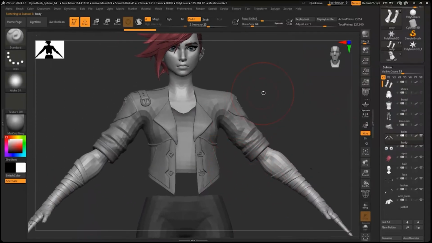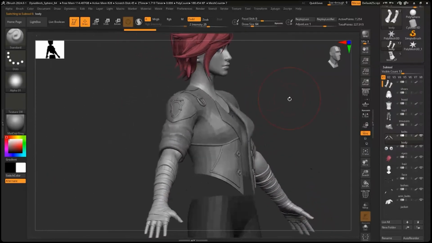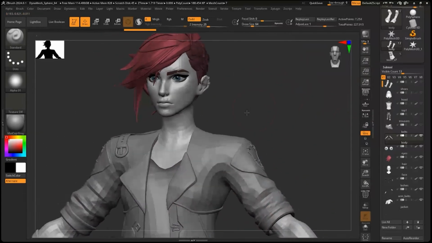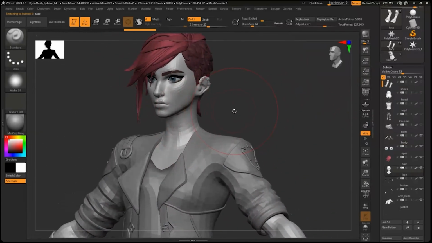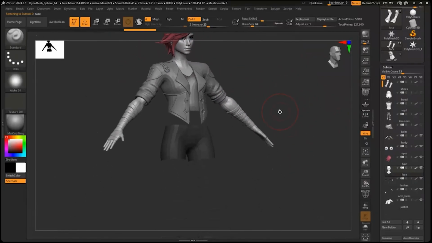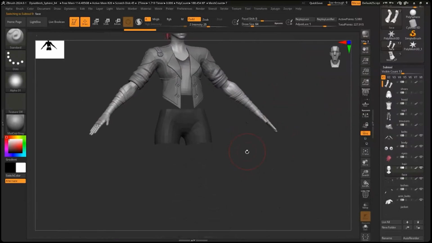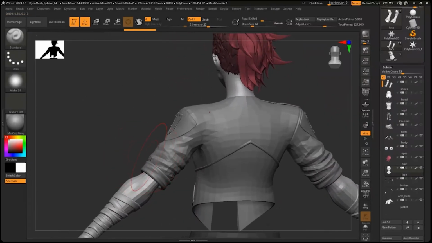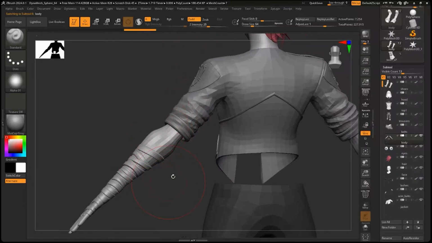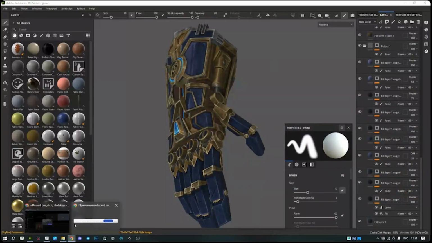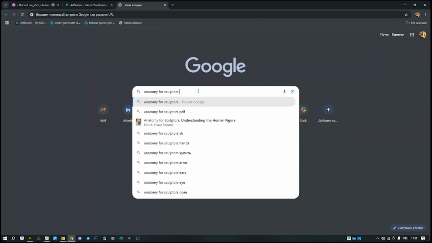And if you are scared that you don't know anatomy at all, don't be scared. I don't know it either. Even right now, I can say that I'm not such a pro, I'm not such an expert in anatomy, but it'll be enough for you just to Google something. Let me even Google it right now. Let's add something like